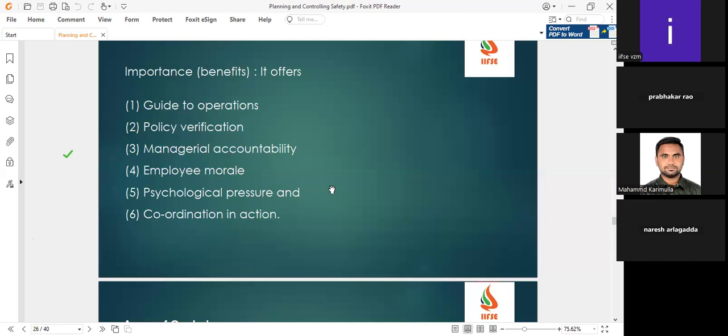If any uneven things are there, even for planning for safety and controlling for safety, in all the time you are involved, you have to take care of the accountability. That means every employee should be accountable for any anomaly, any uneven things. Employee morale we have to make sure doesn't get affected. Because accountability is there, if an employee is not doing something, we cannot insult the employee who is involved in this. Employee morale also we have to take care of. Even though a man, after all, a human, does some errors, you have to encourage the people and we cannot break their morale. That we have to see. Psychological pressure. That means once you increase the pressure, increase the production, everybody is before achieving the new product,